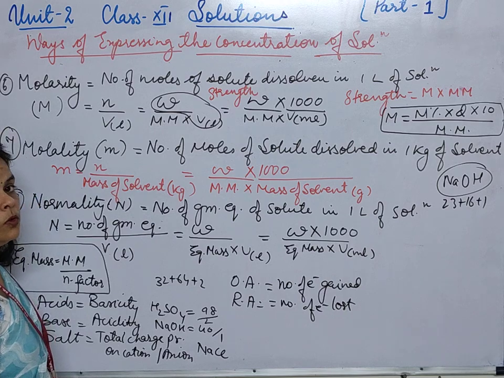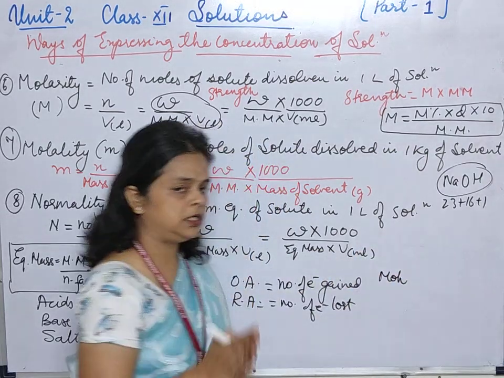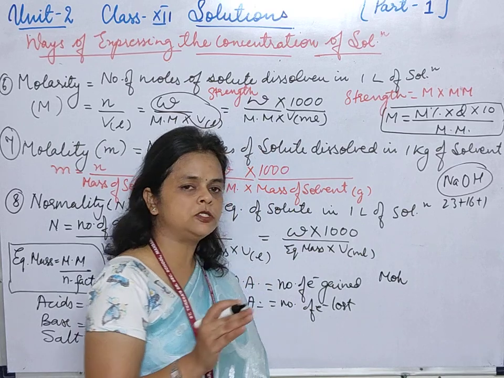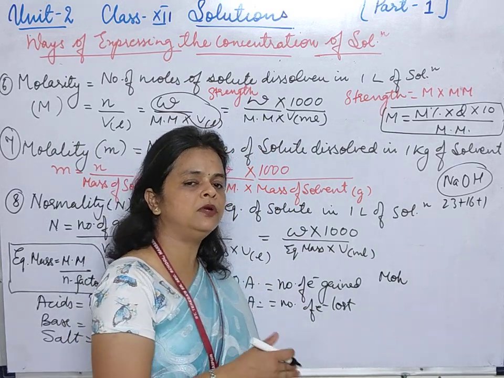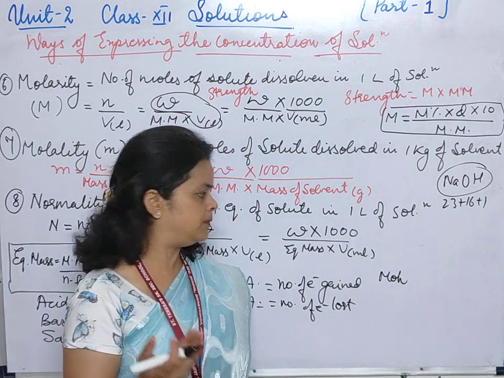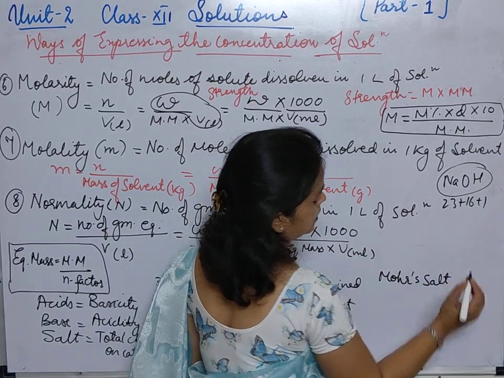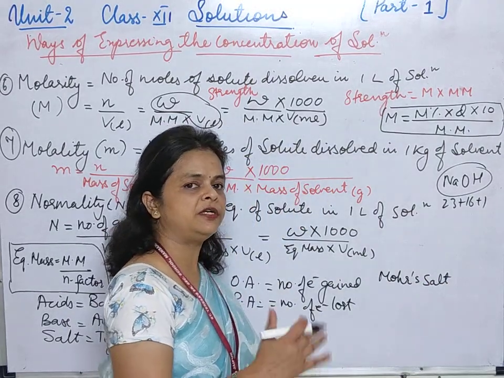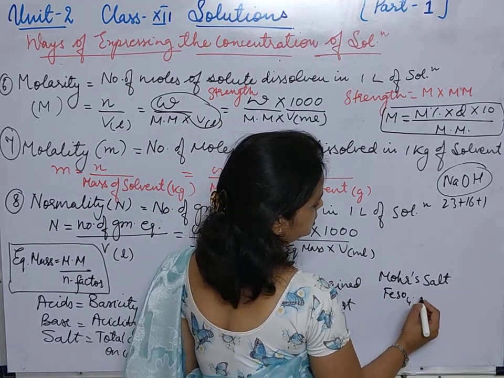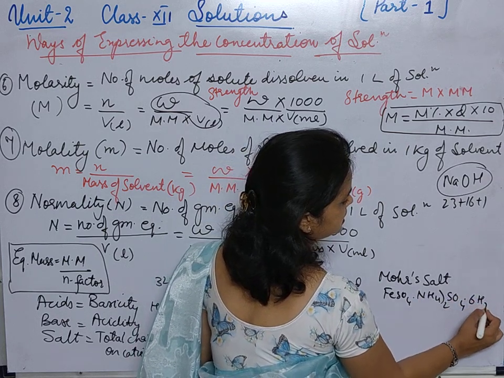Oxidizing agent which undergoes oxidation. Suppose अगर हम more salt की बात करते हैं, titration है हमारे. In this session we are going to have 2 titrations or redox titrations. One is of more salt versus KMnO4 and second one is that of oxalic acid versus KMnO4. तो more salt की अगर हम बात करते हैं, what is the formula of more salt? Ferrous sulfate ammonium sulfate dot 6H2O. FeSO4 dot (NH4)2SO4 dot 6H2O.